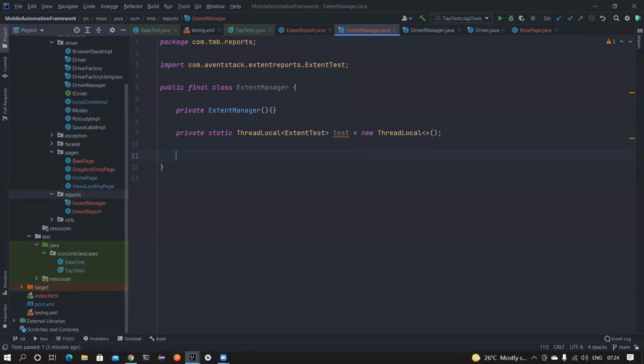Now I need to use a getter and setter method so that we can properly access it. If we want to give some control, we can give it via the getter and setter methods. It's not possible if I directly access the ThreadLocal variable. So I'm going to create public